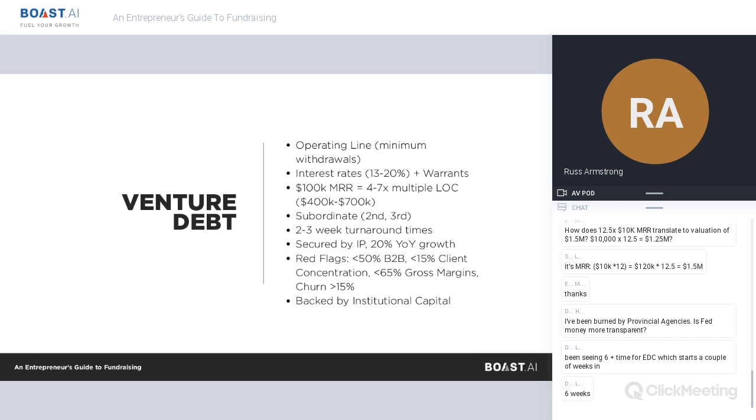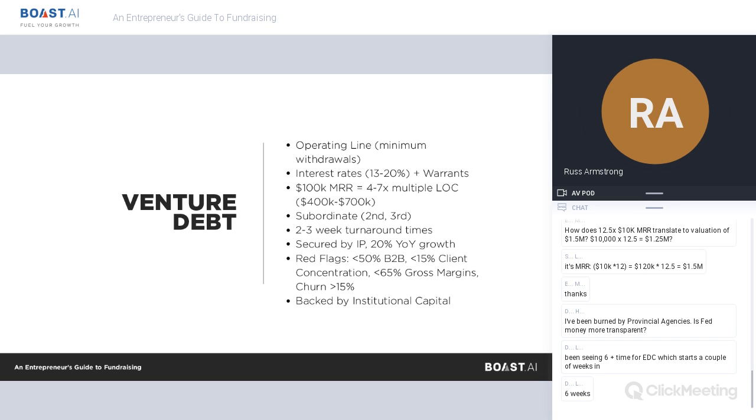Venture debt, which is pretty much like your secured debt, but offered by your boutique providers. You have an operating line where they'll usually force a minimum withdrawal, so you'll start incurring that interest rate right away. Interest rates are between 13 and 20%, plus warrants sometimes. Again, this is all negotiable. Rule of thumb for going out to market is get 3 quotes. I've often seen times where venture debt providers will fight against each other, and it might be your 3rd round before you get the best offer and the term sheet from them.